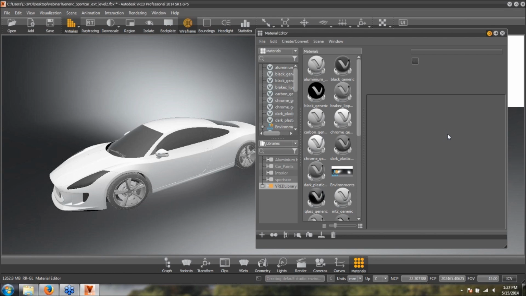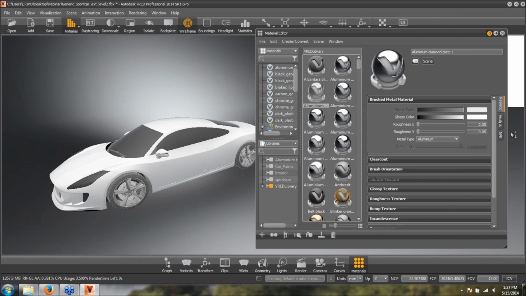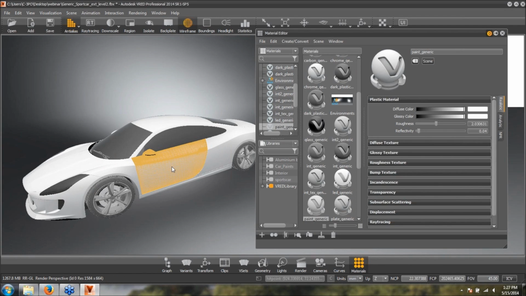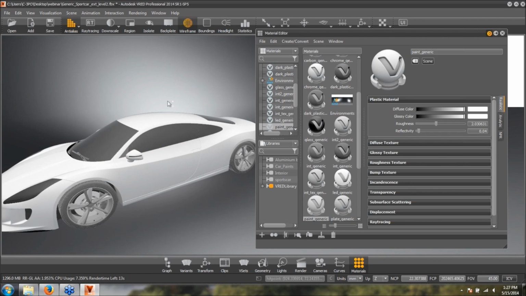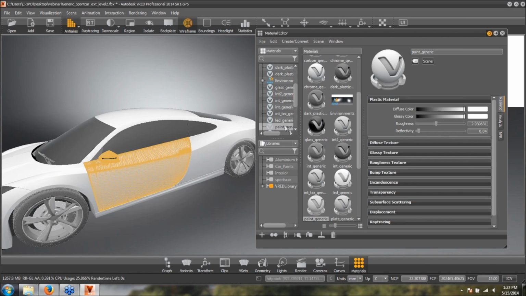And if you come from Maya or another program where you know how long it takes to get a decent paint shader, you'll really like using VRED and seeing that there are a lot of paint shaders automatically included, and you don't really have to do a lot of tweaking to make them look good. Let me show you by starting to repaint this. I'm going to select my car door, and whatever is assigned to that is going to highlight